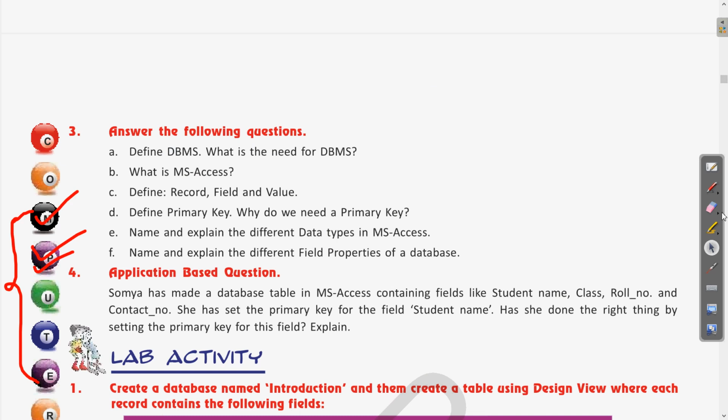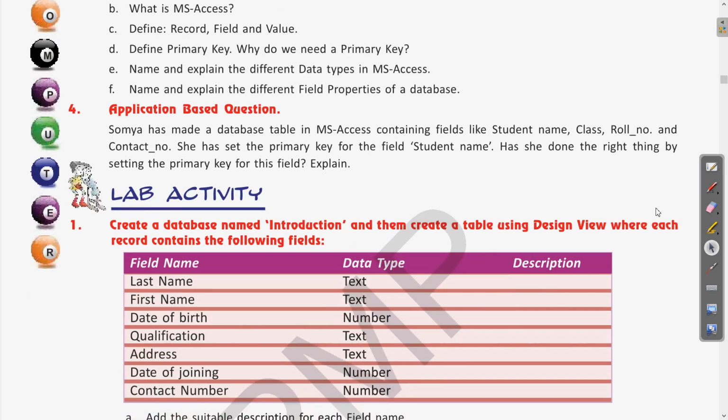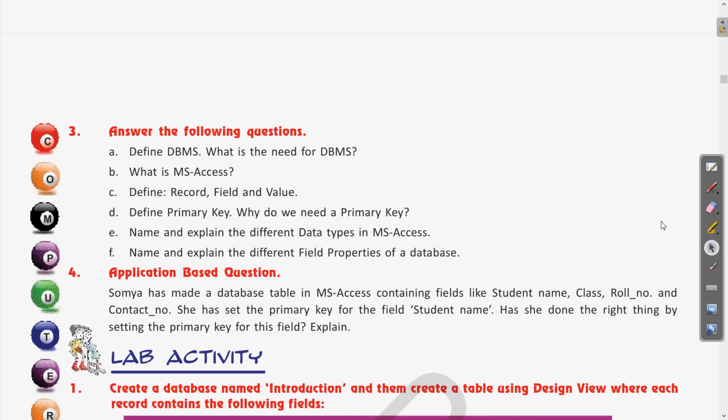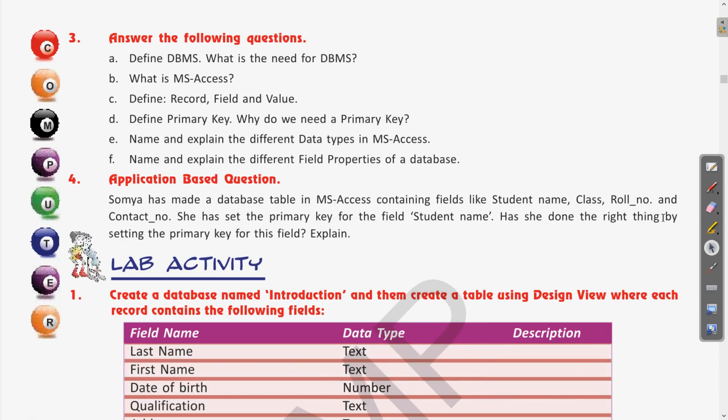So this way we have done the question answers as well, and the remaining activity and application based questions we can cover in the online session. Okay, so till then complete all these questions, and the remaining things we will cover in the live session. Okay, so complete the things, and whatever doubts you have, you can ask later when we have the live session for this.